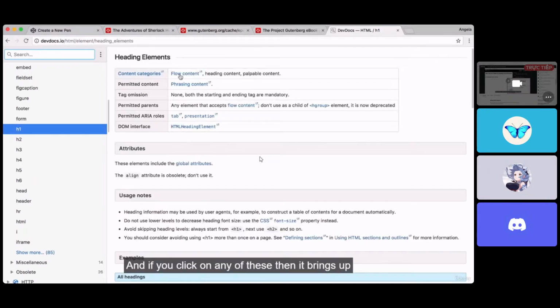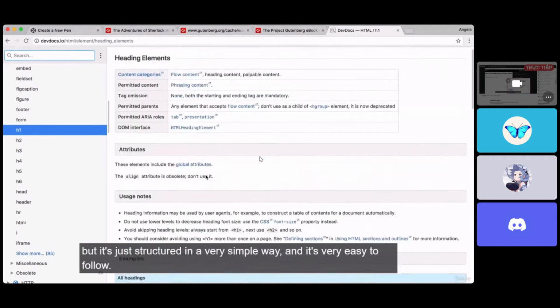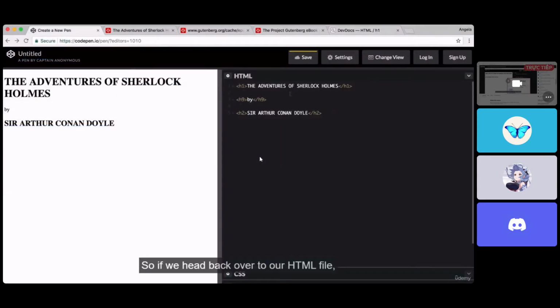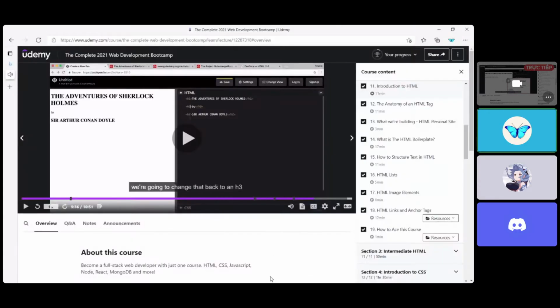And if you click on any of these, then it brings up actually the MDN documentation. So you can see that it's similar to what we saw in MDN, but it's just structured in a very simple way, and it's very easy to follow. So that's definitely a website that's worth bookmarking. So if we head back over to our HTML file, we're going to